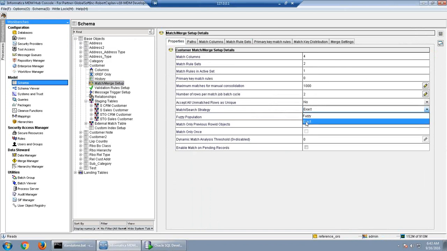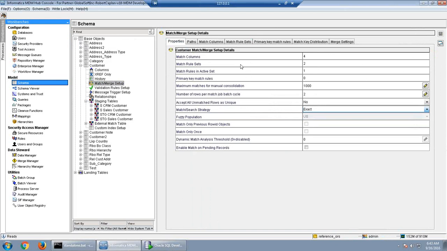Usually exact we leave for the lookup tables, because we are not going to do any matching for the lookup tables, as those are static tables. But here I just selected it for the customer table so that I can show you the properties and how it works. The same properties we can use even when we use fuzzy.